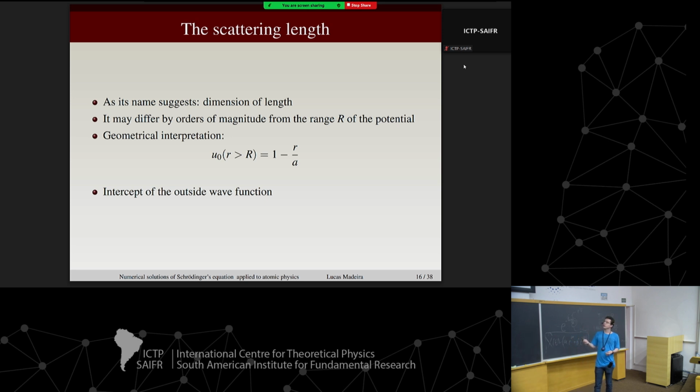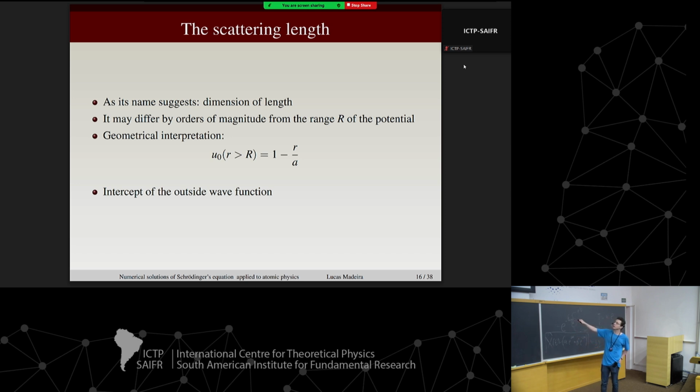But what if we want to give a geometrical interpretation to the scattering length? I'm going to write the line solution that I got in the last slide, the one from the second derivative of the reduced wave function equals 0. I'm going to write it like this, because if I do this, I can give a simple geometric interpretation to scattering. The scattering length will be the point where my U crosses the R-axis, okay?